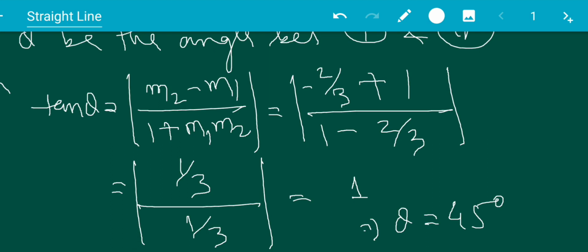If you don't know the value, suppose tan theta comes to 1 by 2, then in that case you leave it as it is. Otherwise, if you know the angle, then you just write the angle. So this is how you can find the angle between two straight lines if the equation of the lines is given. Okay,